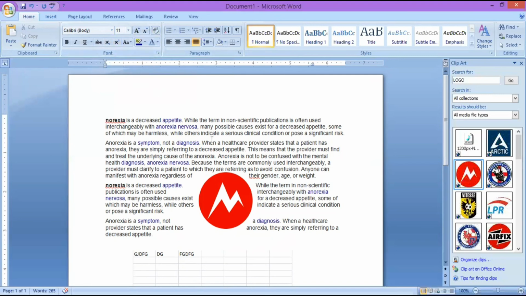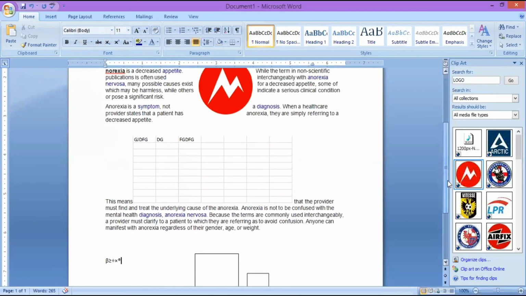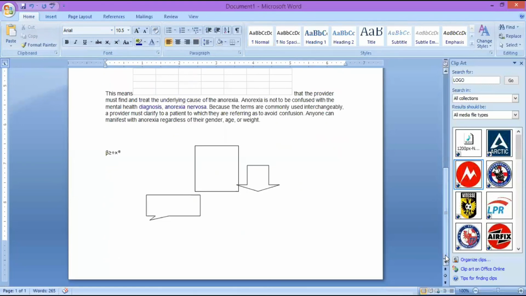And then we went on to insert clip art, and we saw text wrapping, how to wrap the text around the clip art. And we also saw how to insert an object, inserting another document within this Word document, for example the Excel sheet. And then finally we saw how to include symbols, shapes, and special characters. Right? Hope you understand everything.